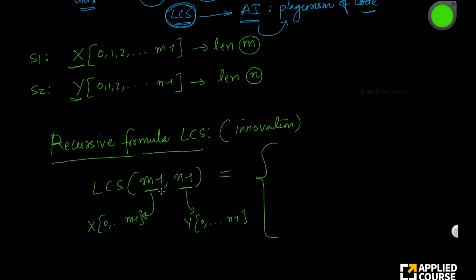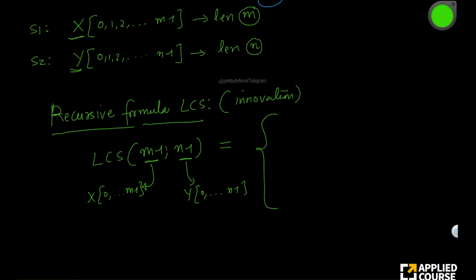Okay. LCS of... instead of writing this X whole thing here, because that will become very cumbersome, I'm just writing longest common subsequence of string X from index 0 to index M minus 1 and Y from index 0 to index N minus 1. Okay, let's try to define this recursively. This is a very critical part of the problem. If I can write this as a recursive problem,